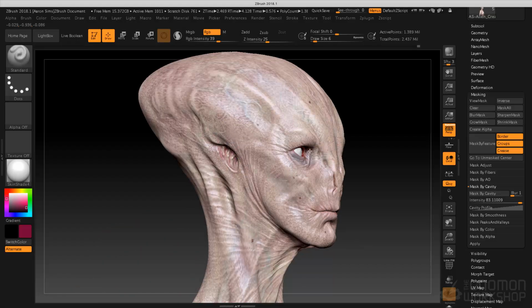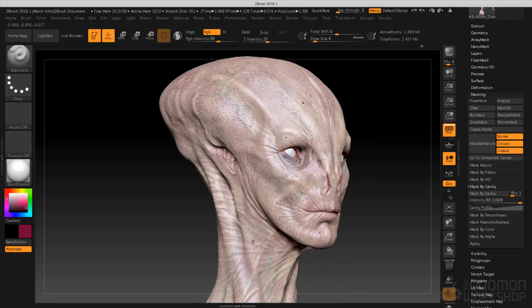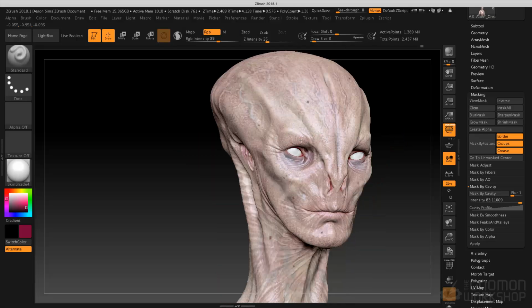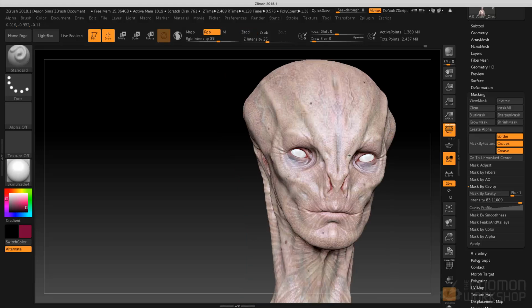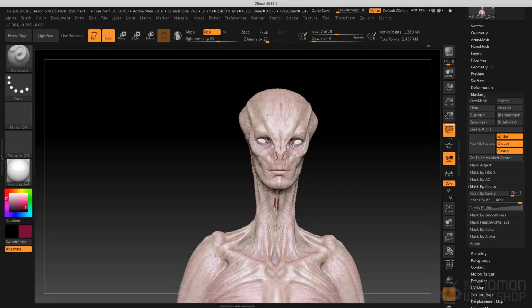Let's warm up a few places here and there. And I think I'm going to add a few little patterns, thinking about where I could actually add some patterns to make this character so he's not just one tone. Even though you can see a lot of variations, you see a lot more in ZBrush than you do in KeyShot, but